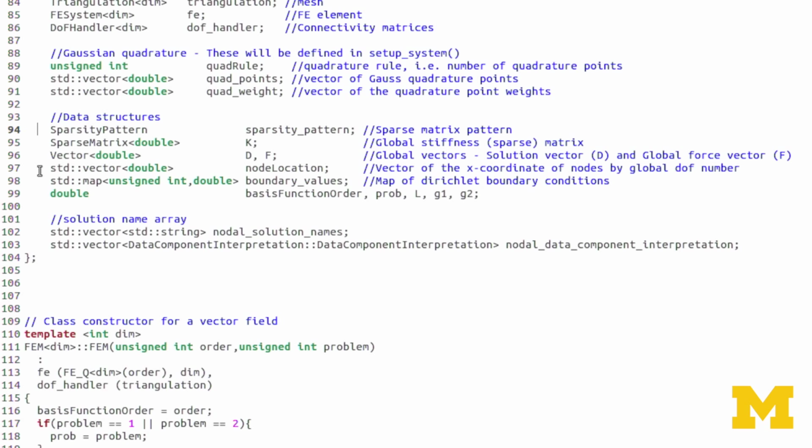And then a standard map called boundary values. Let me give you a little more information on this standard map. This is a C++ data object, and as you can infer from the input there, you have to define two data types. In this case, we've defined two number types. The first is an unsigned int, and the second is a double.